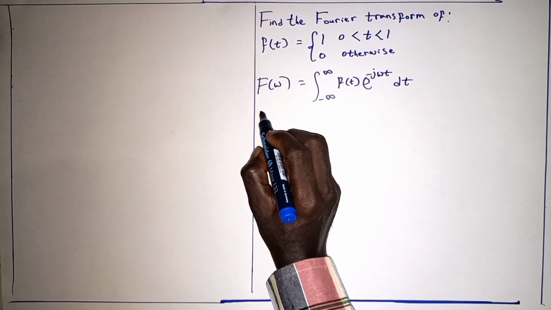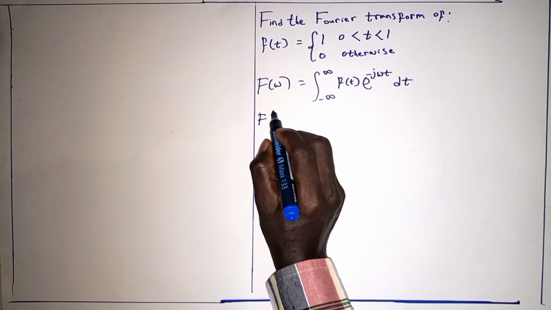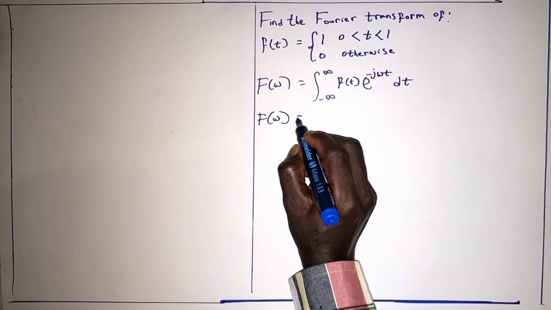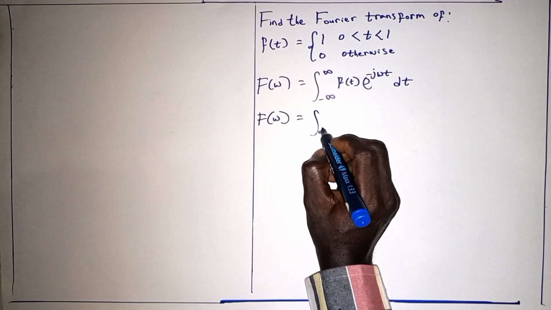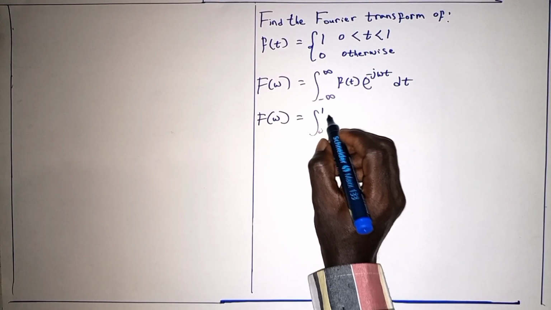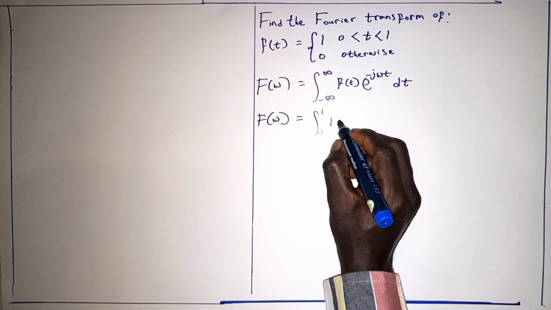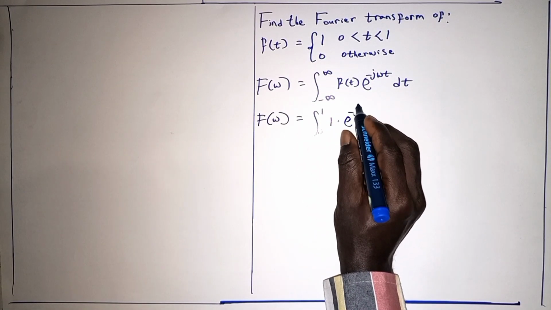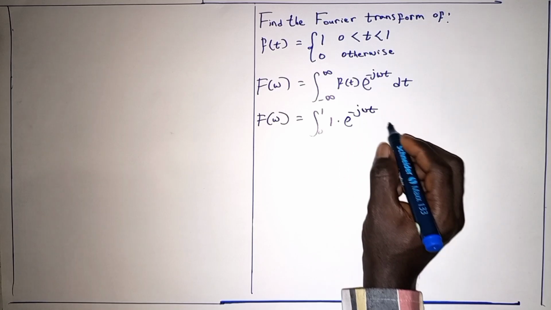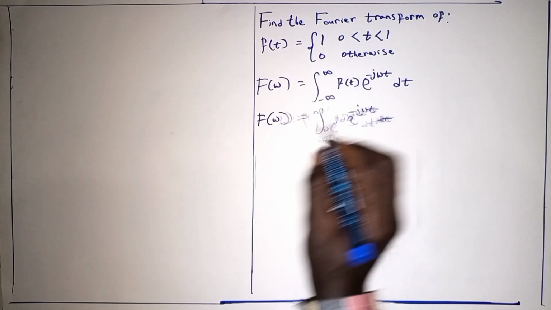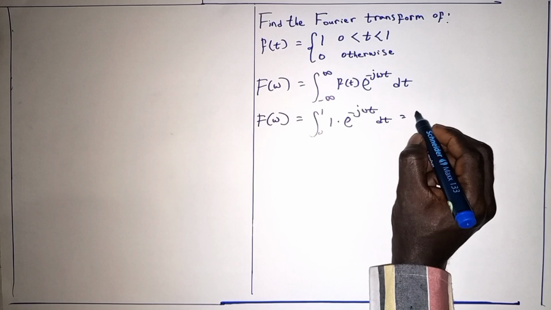So now let's insert. The limit is 0 to 1, f of t is 1, then times e to the minus j omega t dt. So then this gives us